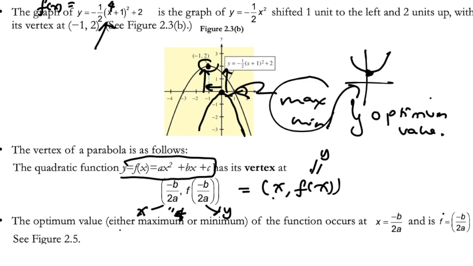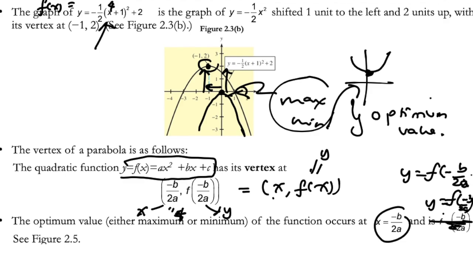So the optimum value, the maximum or minimum of the function, occurs at x equivalent to this and y equivalent to f(-b/2a). This is a typo, yeah? So y is equivalent to f(-b/2a). Okay, so that's for the vertex. Now, next,